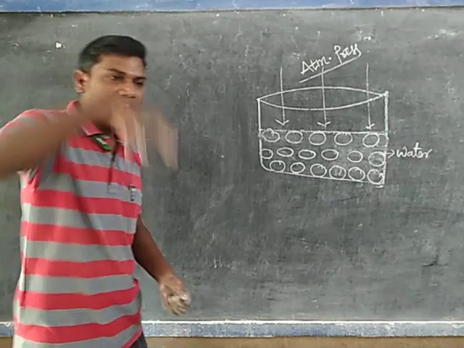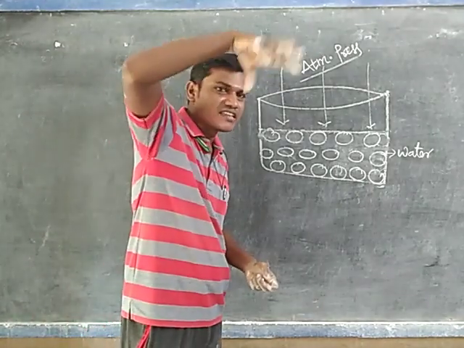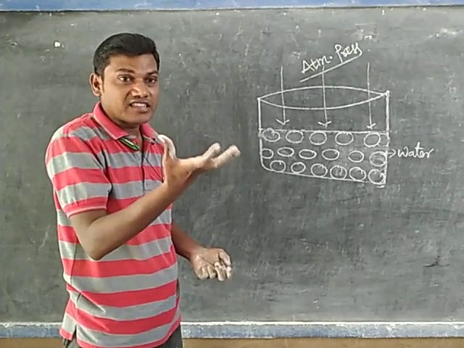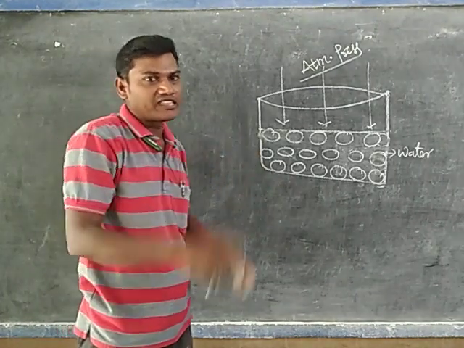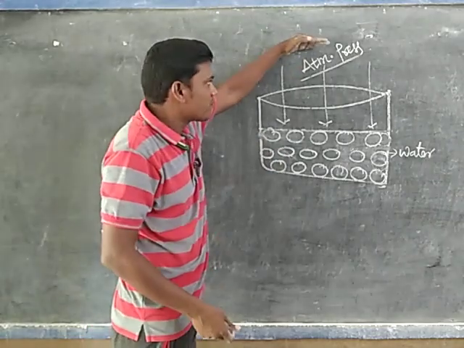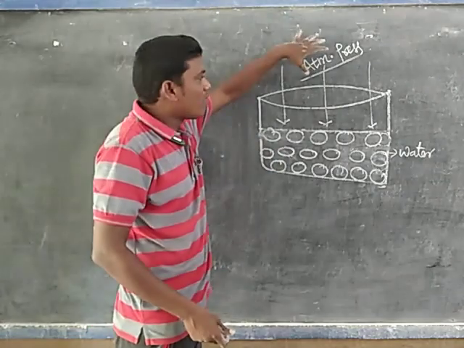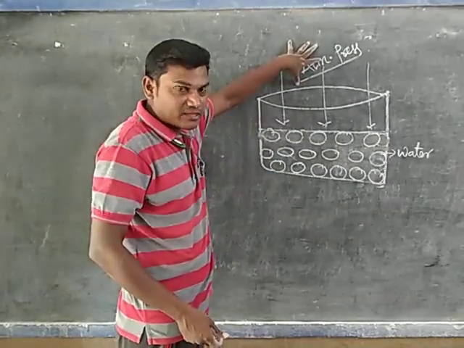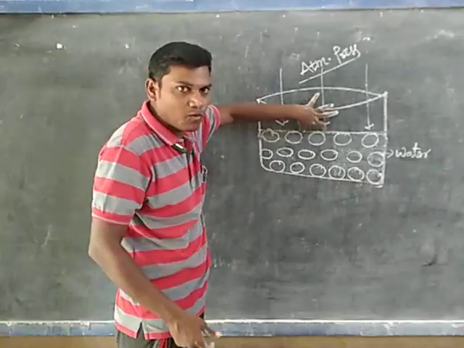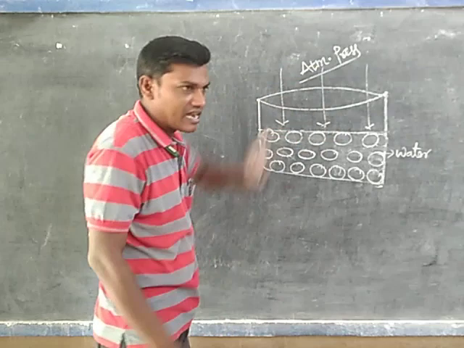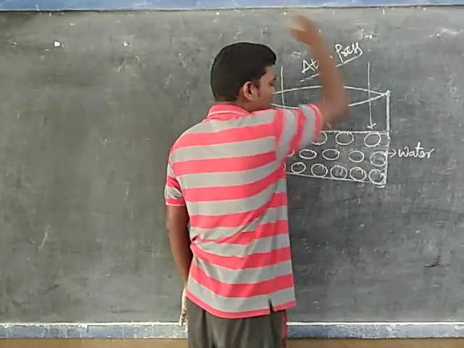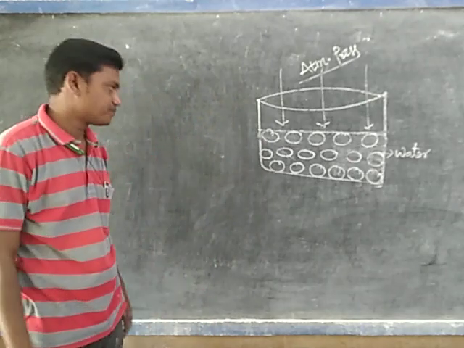Atmosphere is nothing but air. Our earth surface is enclosed by air, which is called the atmosphere. Atmospheric pressure is due to the air present in the earth's atmosphere. That air exerts some pressure on the surface of the water in the beaker vertically downward. These arrow marks represent the atmospheric pressure.